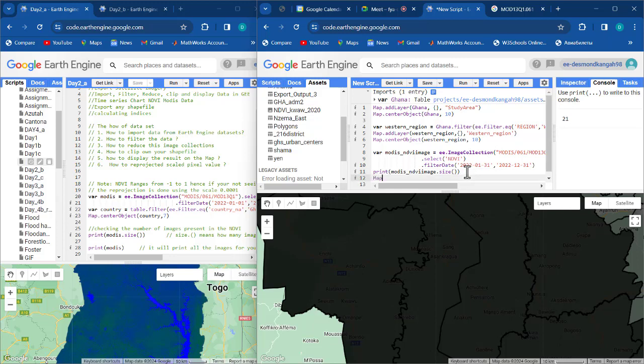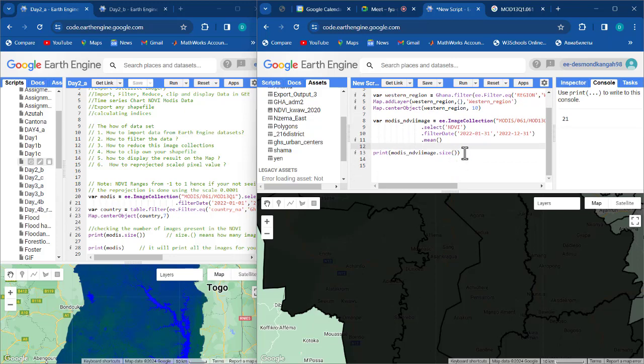So map dot add layer, then we bring our image. Then dot clip, clip to